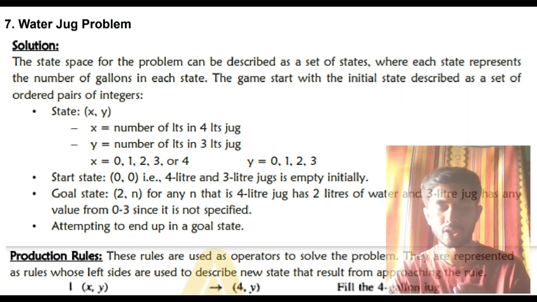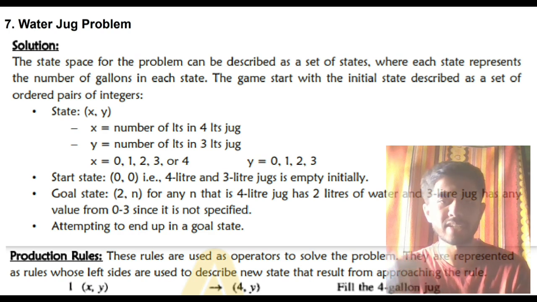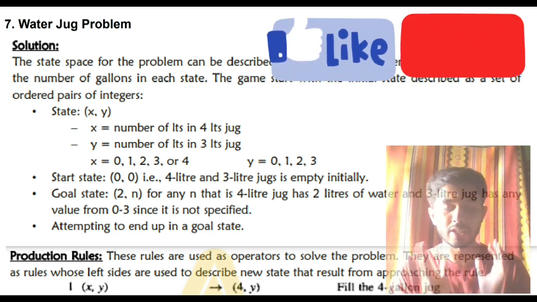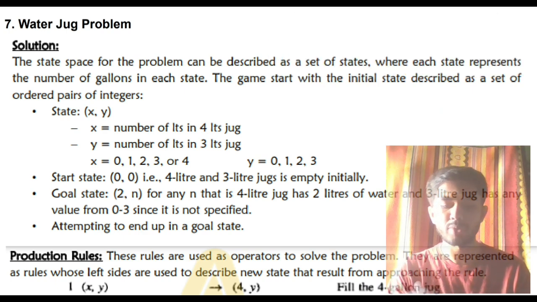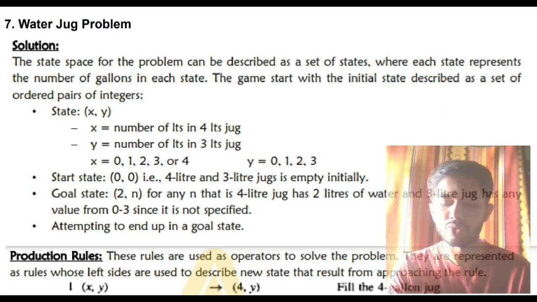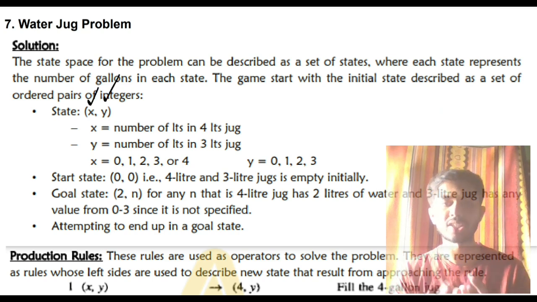And first, now coming to the exam script, how you write the answers one by one. The first thing you have to write is explain the problem. Okay, whenever you get a question, first explain the problem. The problem is very simple. You'll be having 2 jugs, right? So for the 2 jugs, you have to represent it using x and y. X represents how much water is present in the 4 liter jug. Y represents how much water is present in the 3 liter jug.